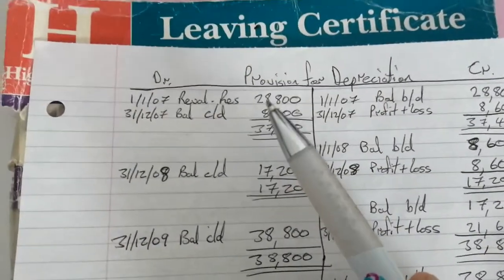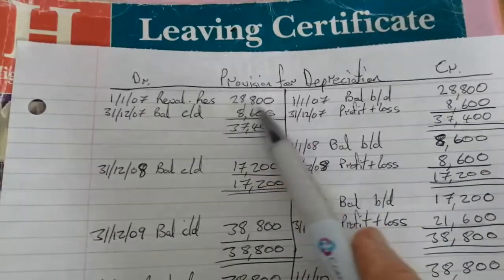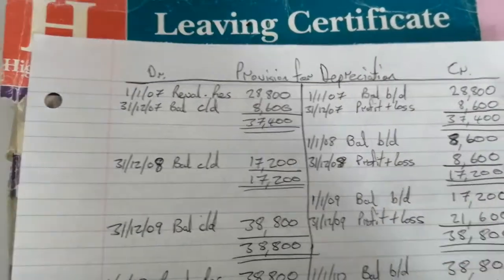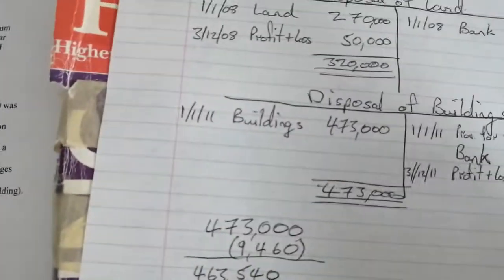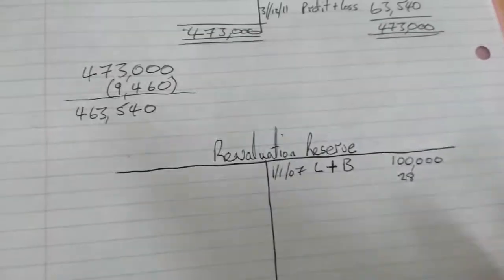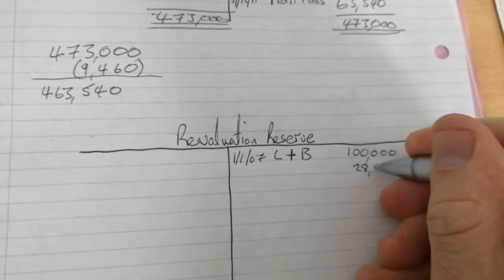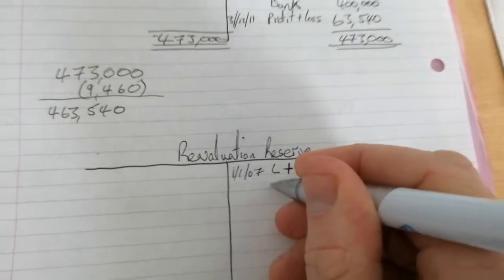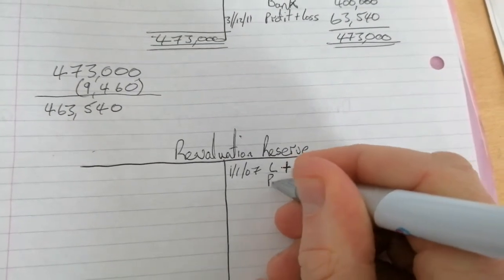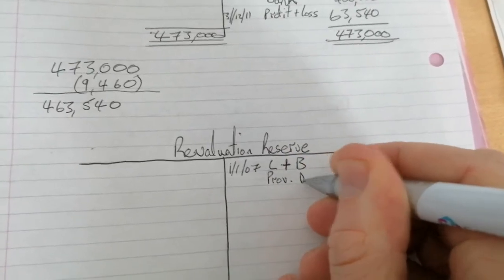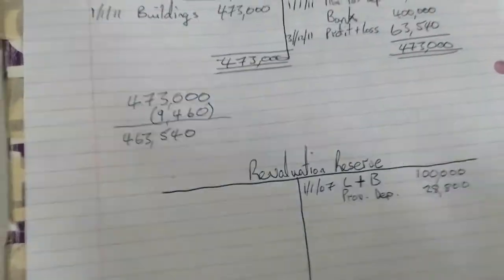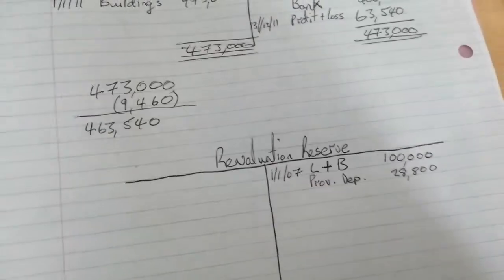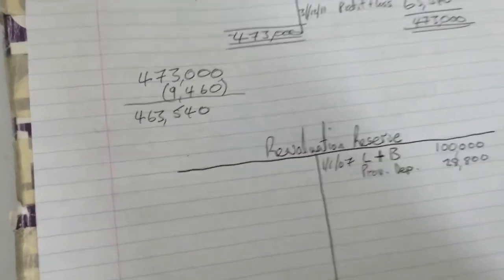So if we look at the depreciation account, which is on the back of this, we see revaluation reserve 28,800, setting that amount back to zero. And so again, opposite side, 28,800, and it's from the provision for depreciation account. Okay, again, I won't bother putting the date in again because it's the same date. The next time we had revaluation